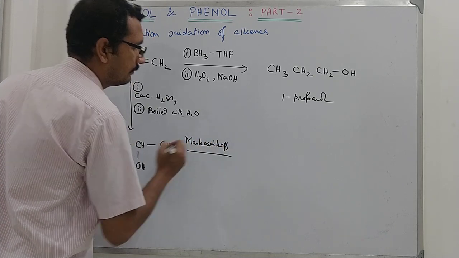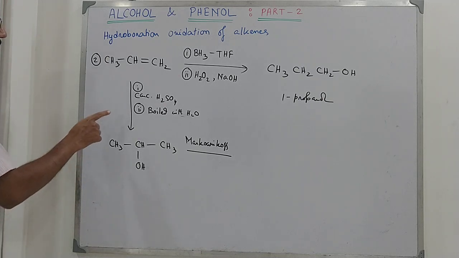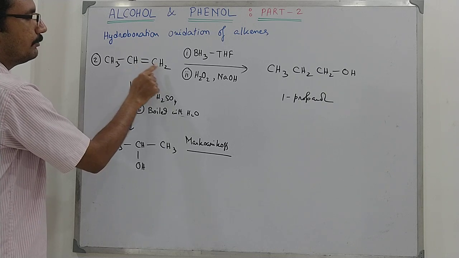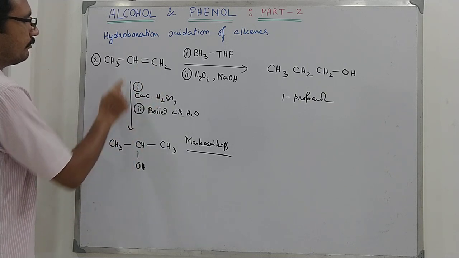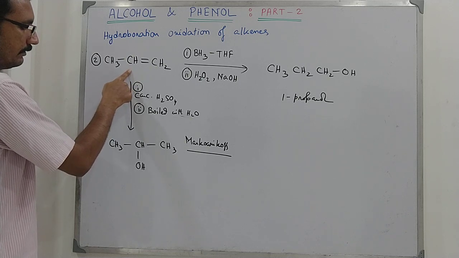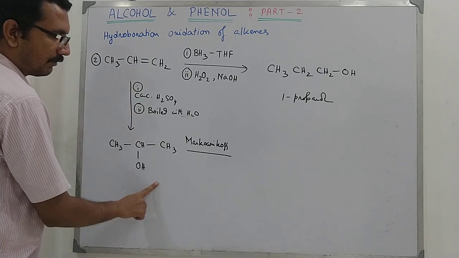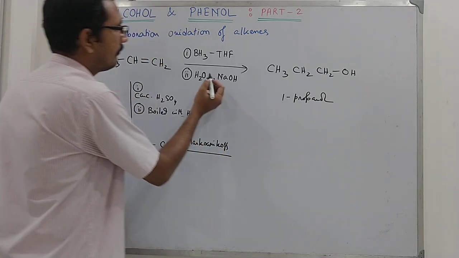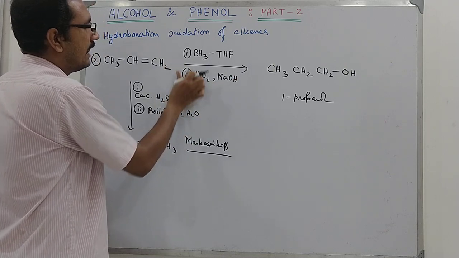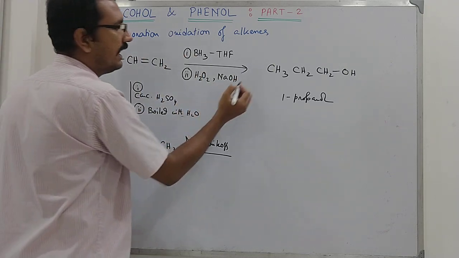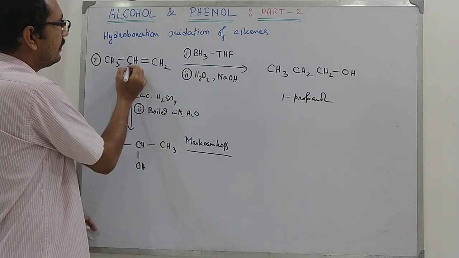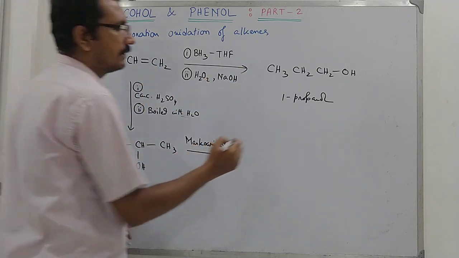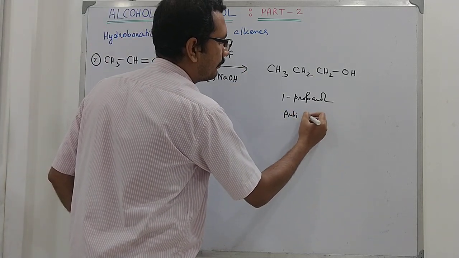Both are hydration, but you see here H plus first gets attached to that carbon containing the double bond having more number of hydrogen atoms. So we have the OH group at the more substituted position. So here 2-propanol was the major product. This is the Markovnikov addition. But here we see, when this is hydrated using hydroboration oxidation, we have the H to get attached to the more substituted position having less number of hydrogen atoms, and OH to the terminal position. So it is anti-Markovnikov addition.